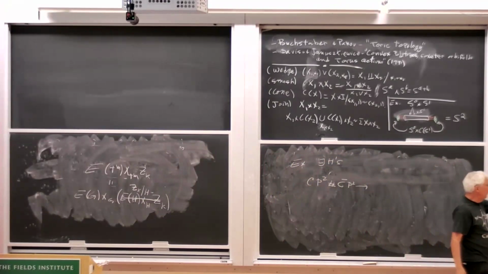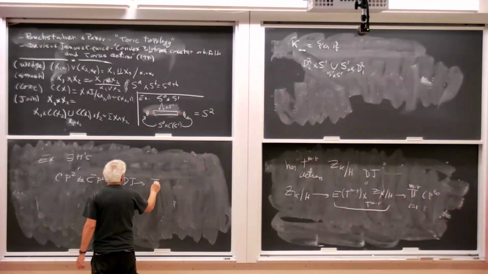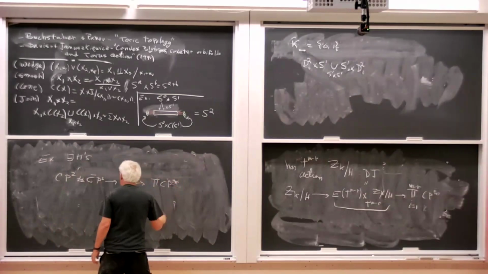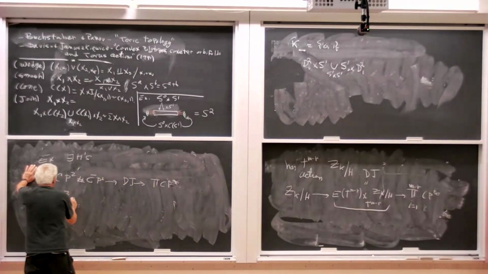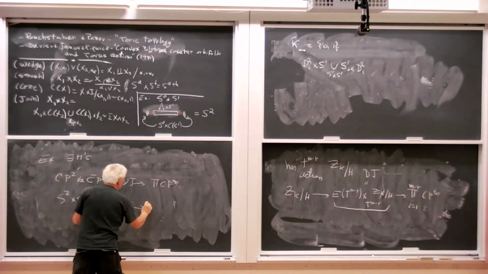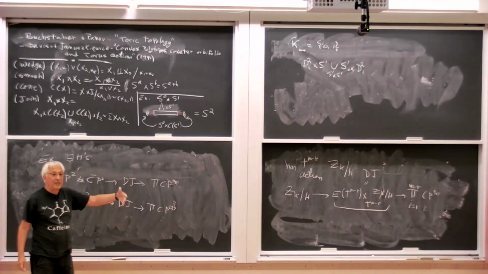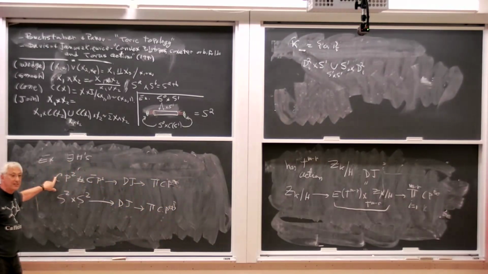Remember, the whole point of this was that I always get DJ at the bottom. I'll write DJ to a product of CP infinities. There are actually two, but I don't care. Choosing a different H, I can get S2